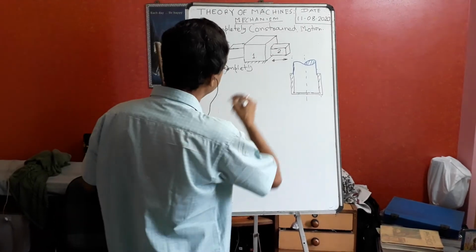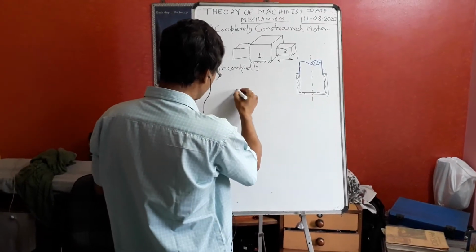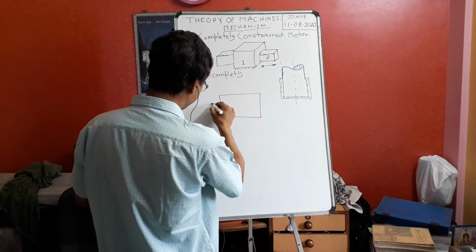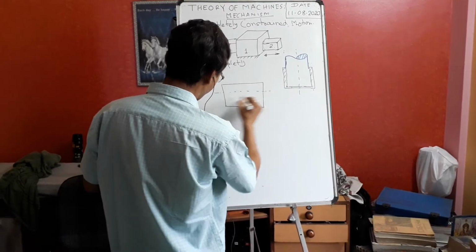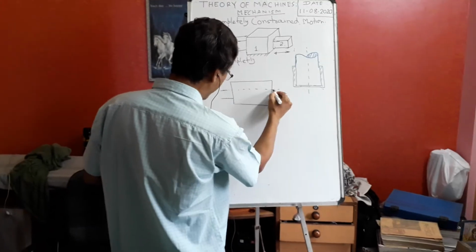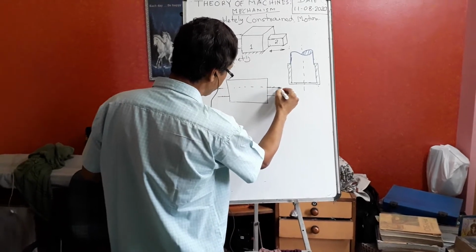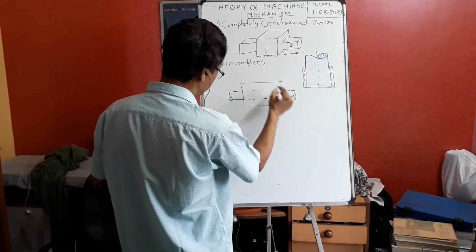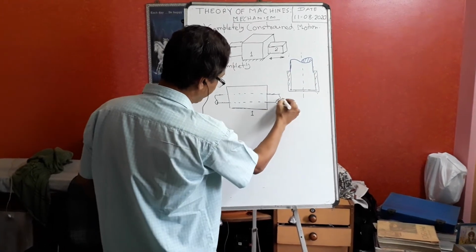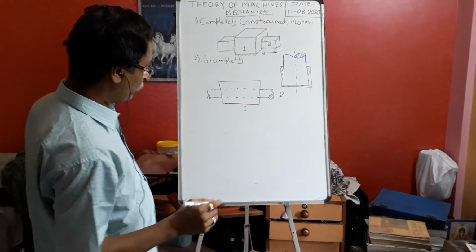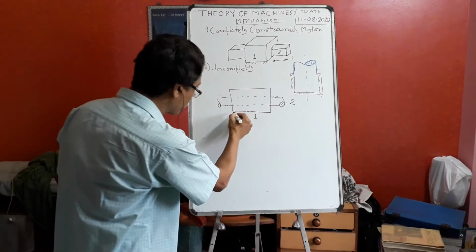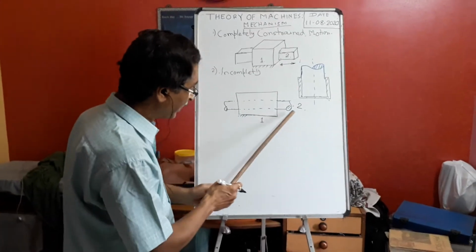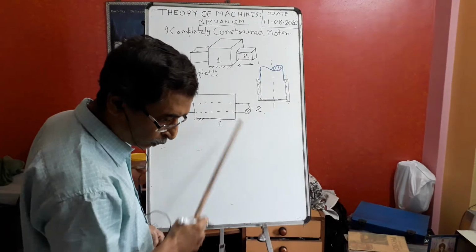Now let us see another example. Suppose this is one block, and here inside I inserted one shaft. So this is the shaft. I have inserted one shaft in this block. How many components are there? This is the one block, and the shaft is another component. Now can you say, if component 1 is fixed, what type of motion can component 2 have with respect to 1?